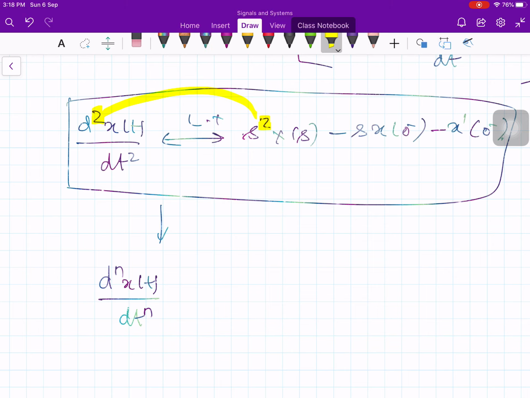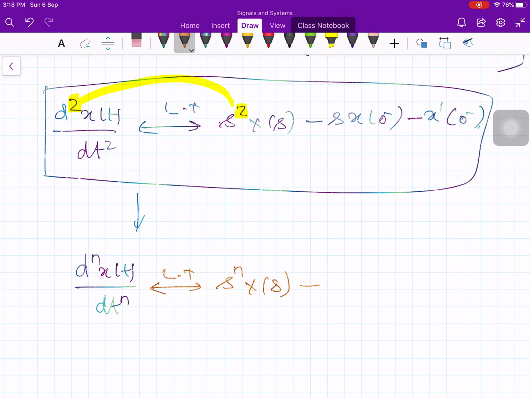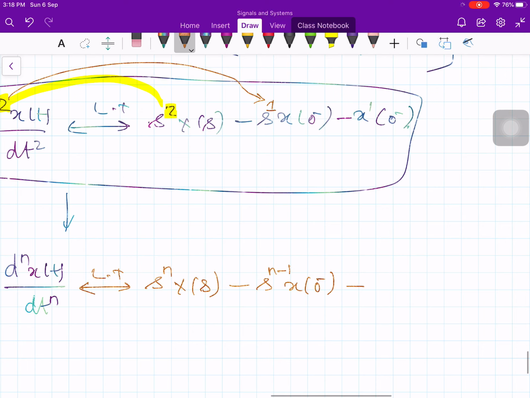Therefore this is equal to s to the n x of s minus, then there is a term whose power is 1 less than n, therefore here it will be s to the n minus 1 x of 0 minus